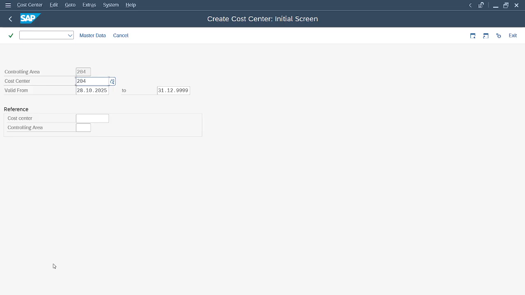We are using the same identification everywhere, but in the real system it is not required that every configuration has the same identification. It can be a different identification for every definition. So maybe the hierarchy has a different identification, and our cost center or the controlling area has a different identification. So this hierarchy will determine which particular part this cost center belongs to.